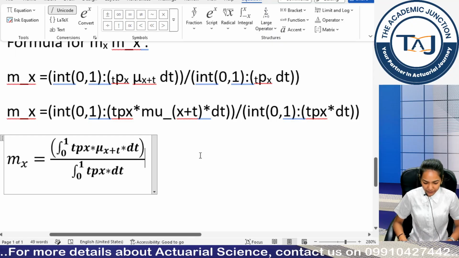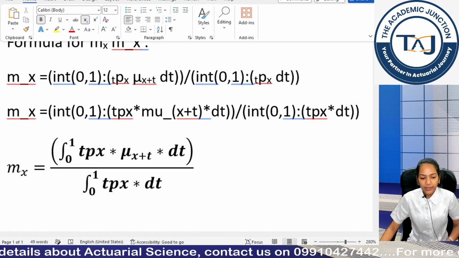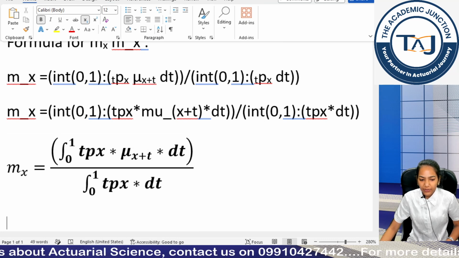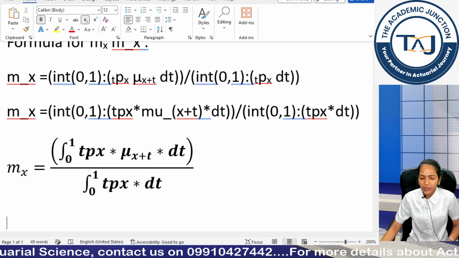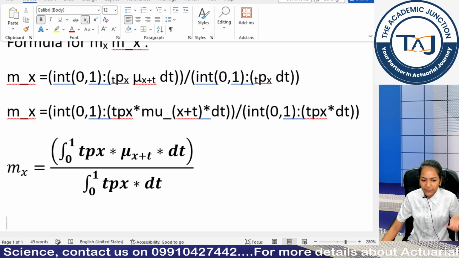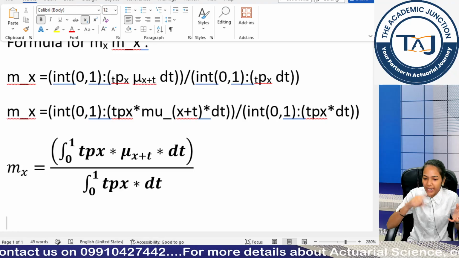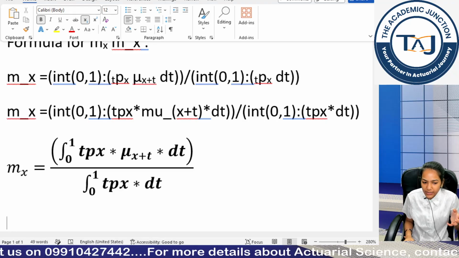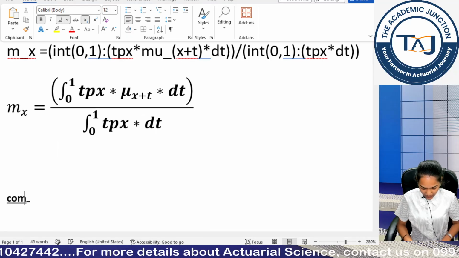Cool guys. Now there is notation for the curtate and complete future random variable. Curtate is basically easy. We have kx, so you can use simple superscript and subscript while writing kx. But for complete life expectation, we have e dot x. So how do we write that e dot x? Basically, write the formula for complete expectation.